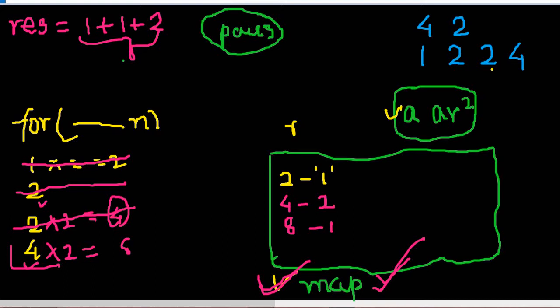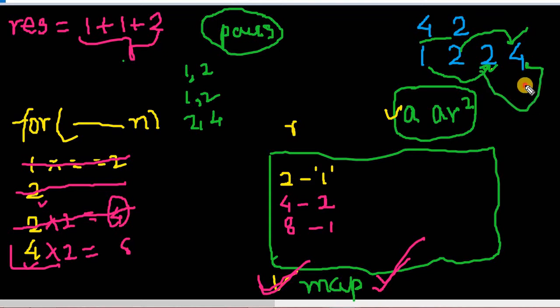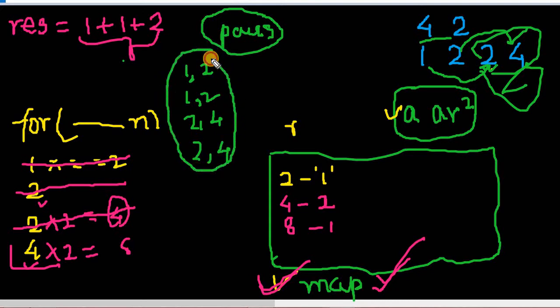So let's check by common sense how many pairs we get for the common ratio. So we know that first will be this pair 1 2. After that, again 1 2 is present, so this 1 2, and for this 2 4 one pair will exist, and for the next 2 4, another pair will be present. So we know that these are the number of pairs which can be formed using this particular way of solving the problem.